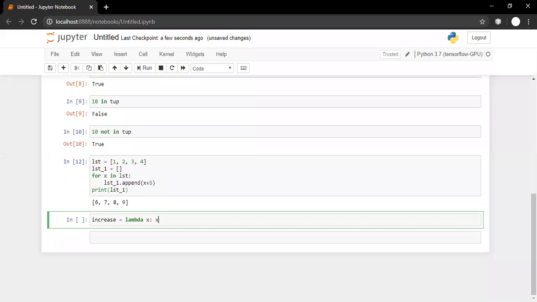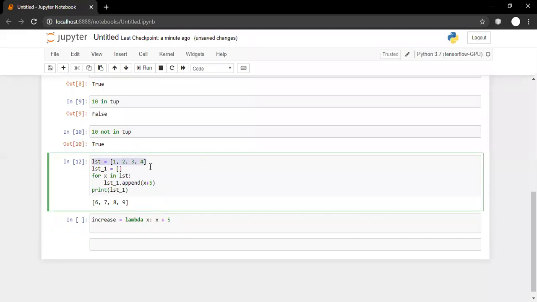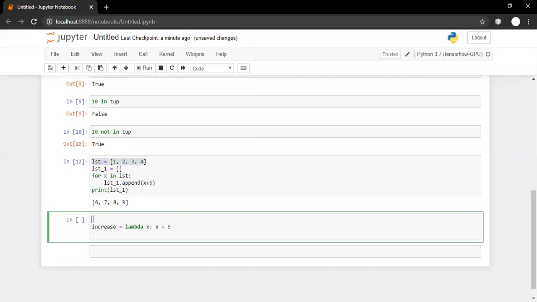So that is, increment the value of x by 1, that is x plus 1. This x plus 1 is the return value of the lambda function. So there is no need to use the return keyword or something like that. And then we can simply say, let me copy paste the code. So this is our list, and now we want to call this thing.